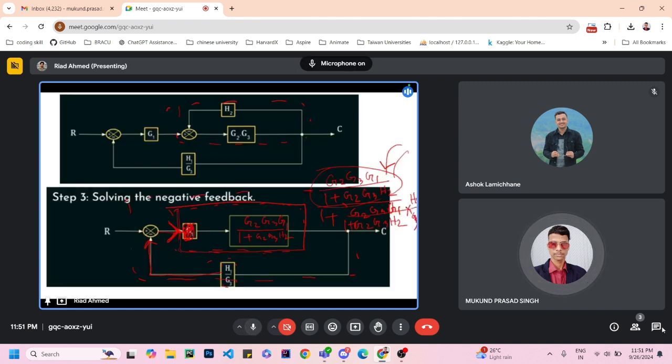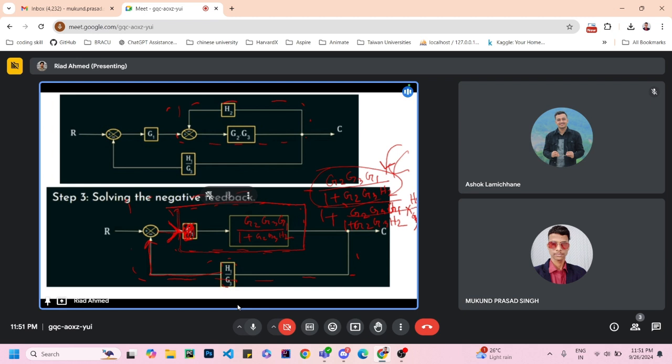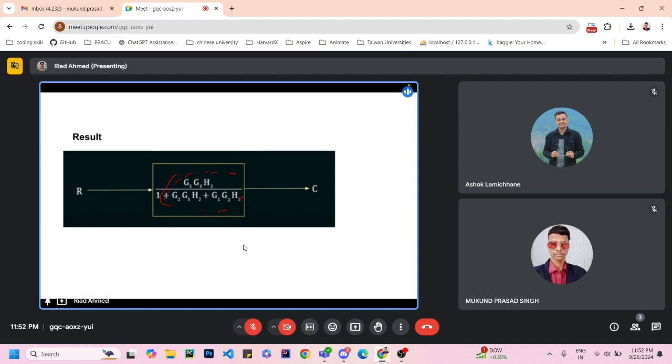Sir, in the question, in place of G1, G2, there will be some numerical value, right? There can be some numerical values, but you will not always find numerical values. You can find symbols like this. Either type of question can be in your exam. Okay, sir. So that was the block diagram solving part. I will provide some sample